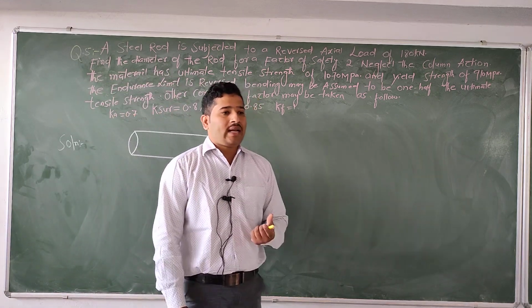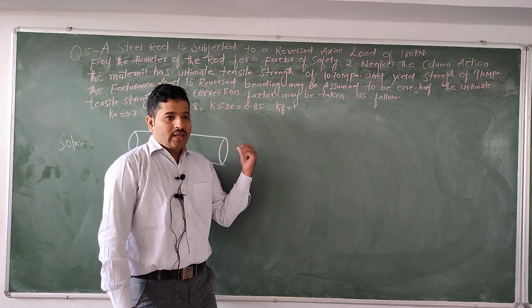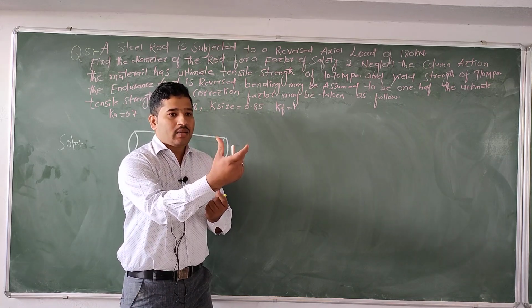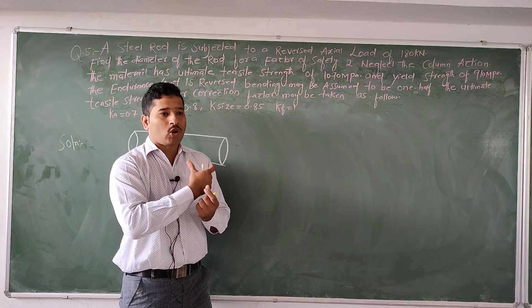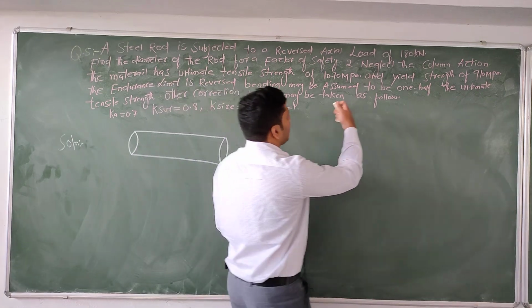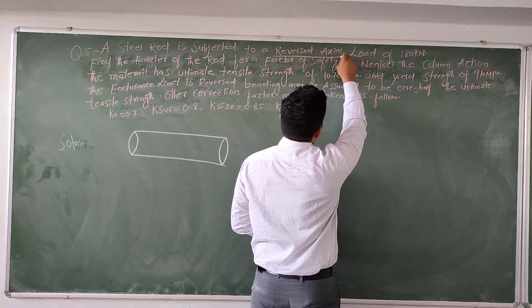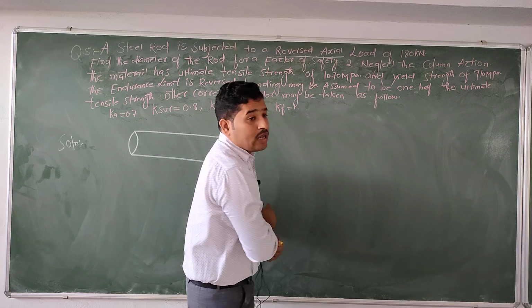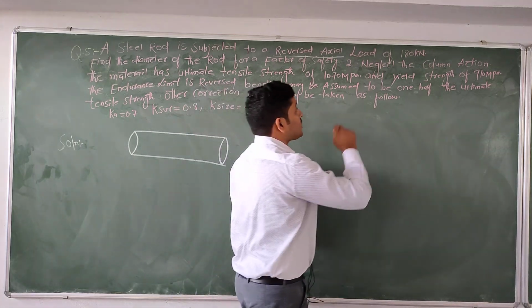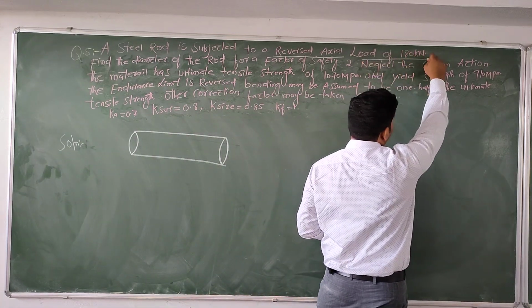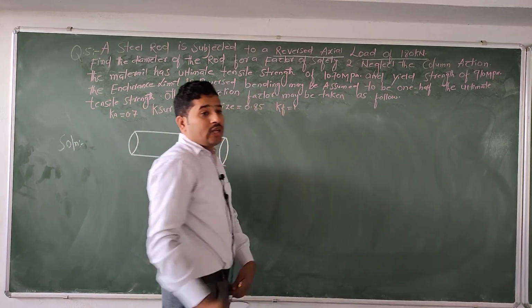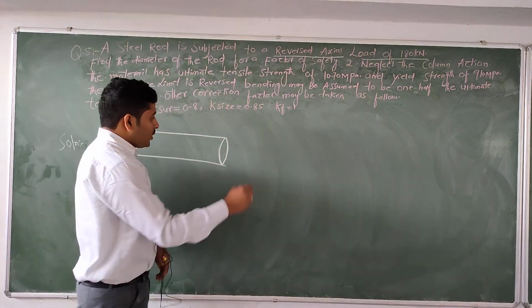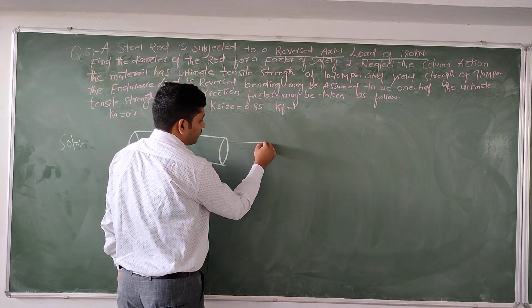So this means that on this rod, the maximum load is acting, meanwhile the minimum load is acting. So reverse indicates that the maximum load is acting as well as the minimum load is acting. How much maximum and minimum load is acting on this component? 180 kilonewton. Is it right? So I will represent here.